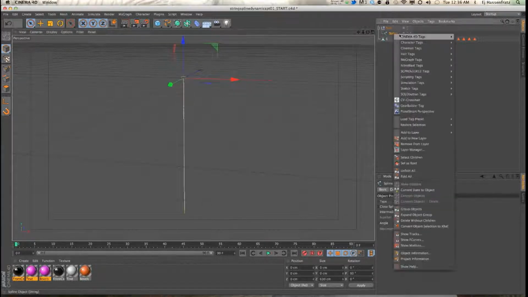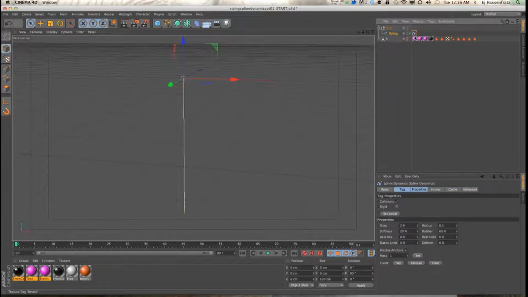So let's add some dynamics to this, and we're going to go to hair tags and choose spline dynamics. So right away we just have a spline that drops, and that's the same exact thing that would happen if you applied a dynamics tag to any object. It just falls. So what we need to tell it is what this string is going to connect to, and we're